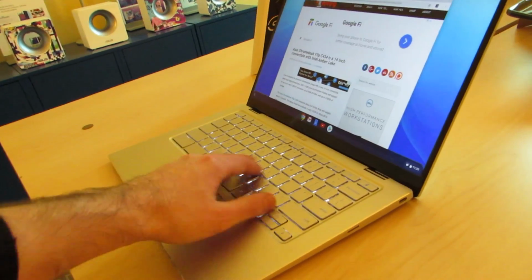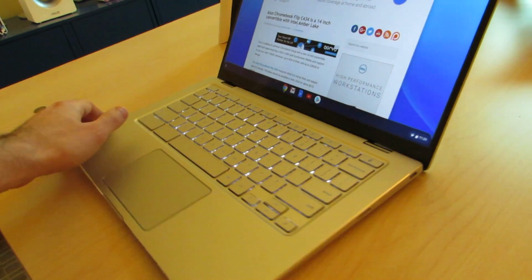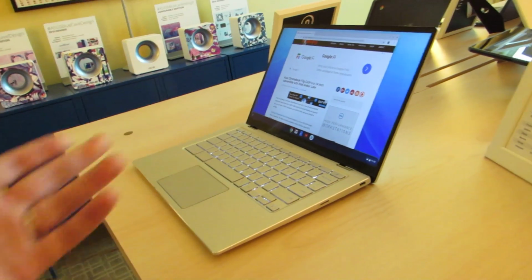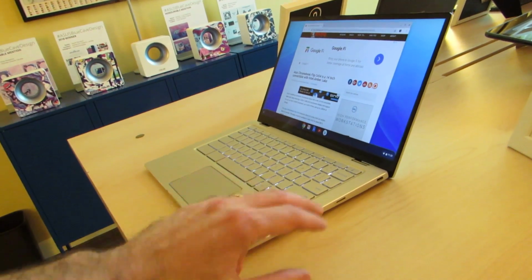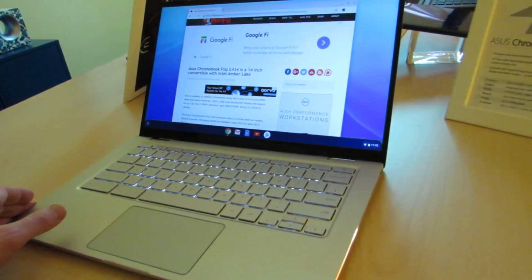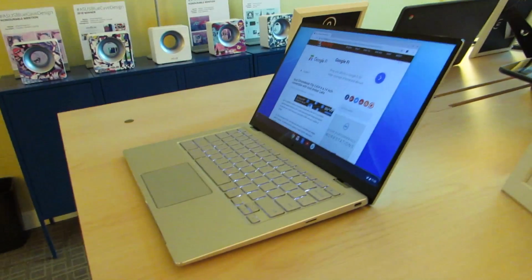device. We've got the backlit keyboard here. You can see it's got the Chrome OS specific keys for maximizing and minimizing, refreshing, going back and forward and so forth. But it's basically a laptop that just happens to ship with Chrome OS and be designed specifically for Chrome OS. Let's see, did I miss any of the specifications? That's mostly what we know about it. It's also got